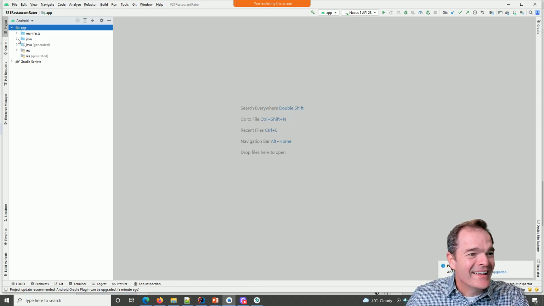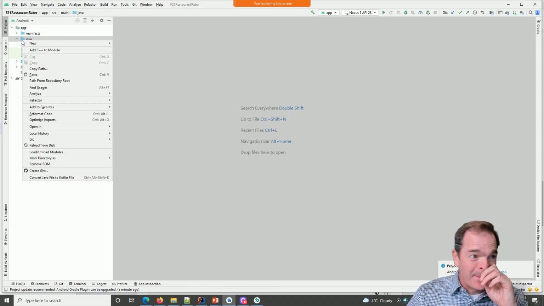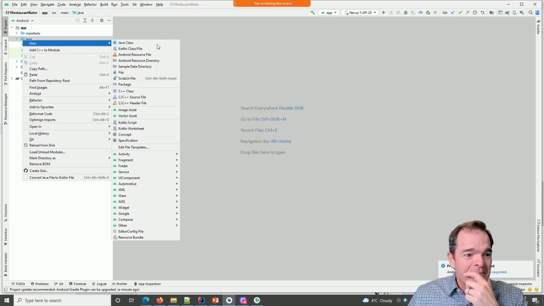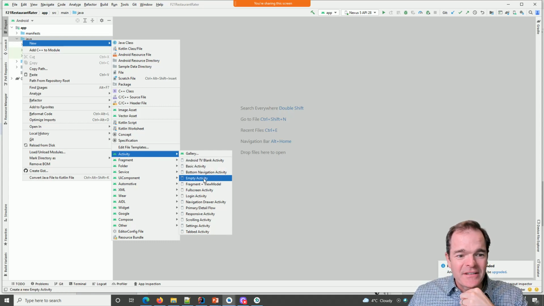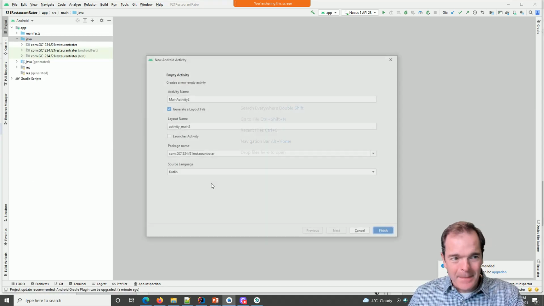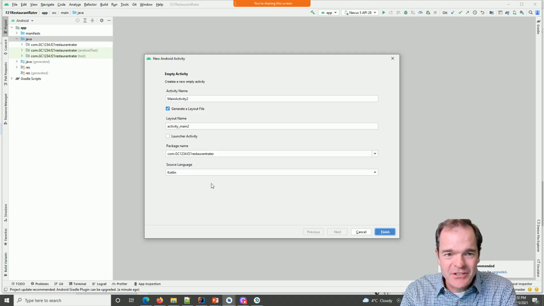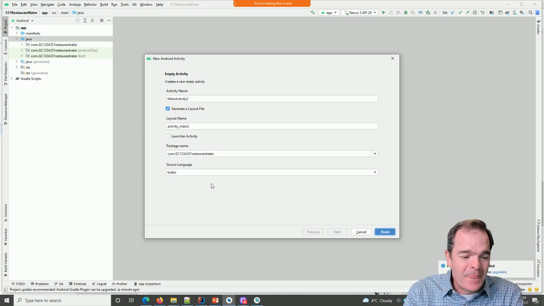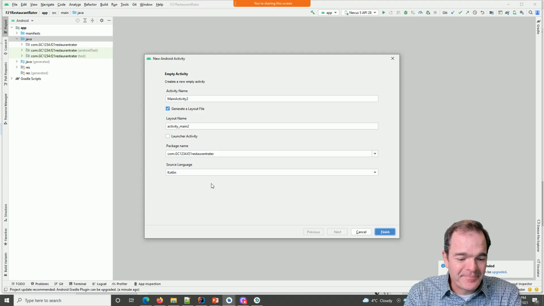So in our app, we want to create a new login screen. So I'm going to say new activity, empty activity. Now you can see some of these other elements here, like fragment and view model. For the length of time we have for this course, it's just a little too much to jump into all those different tools. But what I'd say is the fragment's actually probably the most elegant way to handle the login